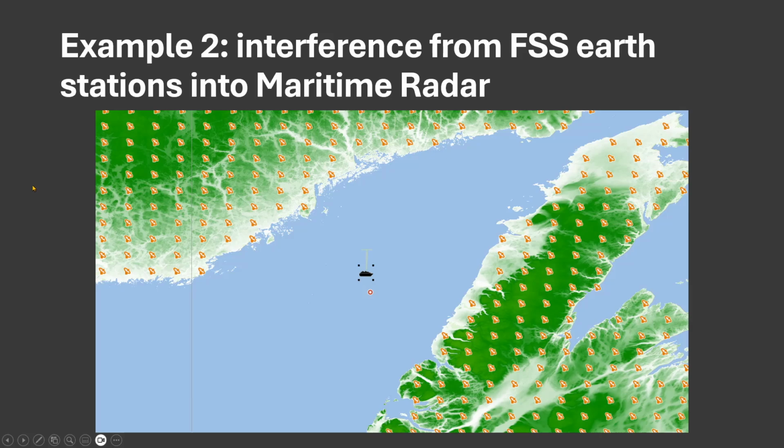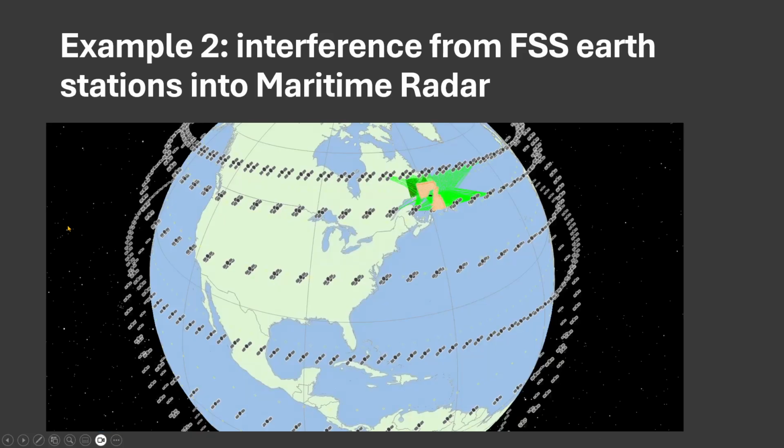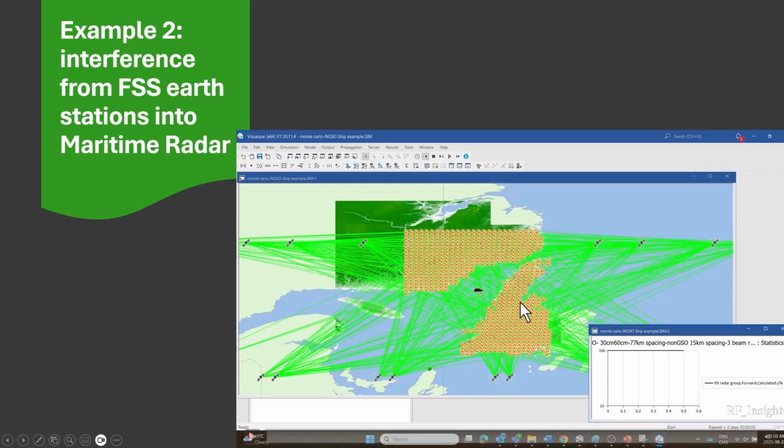Here is another example of evaluating interference from a very widespread use of these stations on the shore or on the land, and we want to evaluate interference into this maritime ship or radar that's operating on this ship. This is basically our non-GSO system constellation that you can see, and this is the deployment that you see on the land. So this is a very high altitude view of that. On the next slide you will see how changing